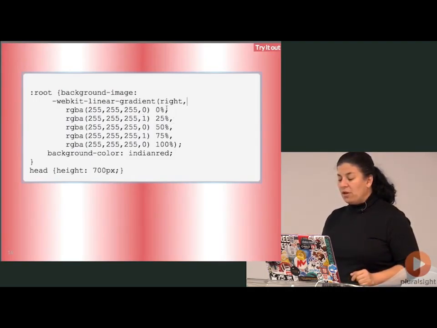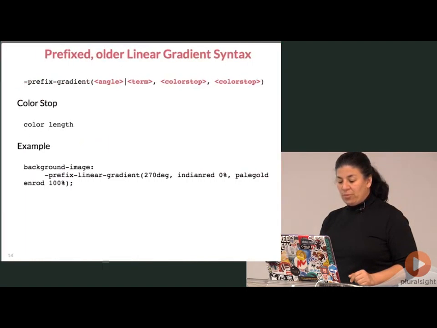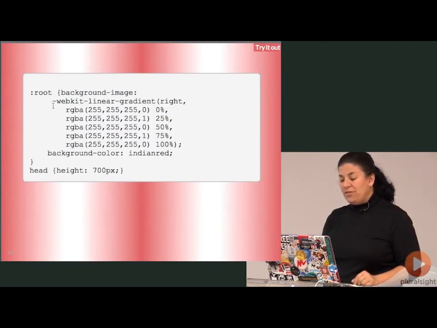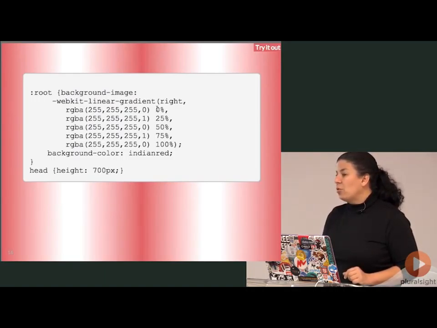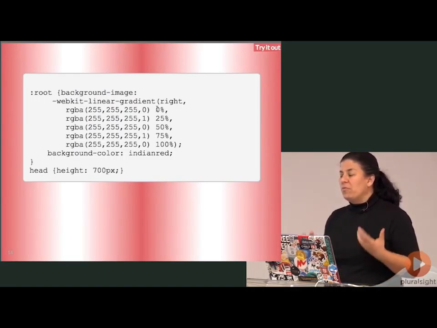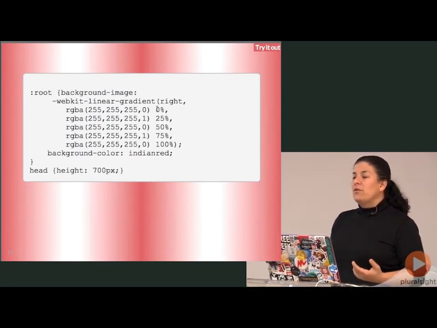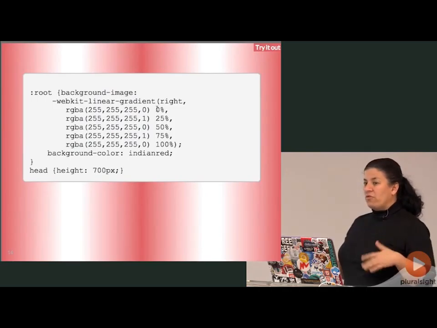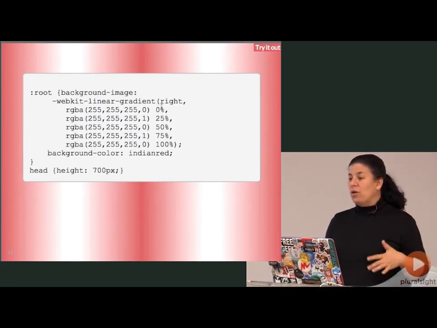But the other thing to note is my color stops. Before, I use the key term color stop right here. We don't use the key term color stop anymore. Instead, we put the color and then what percent or pixels we want. Right now, it needs to be in this order. They're changing the syntax to be able to accept either order, that the color can go first or second. But that isn't supported yet, as far as I know, because they were just talking about it adding to the